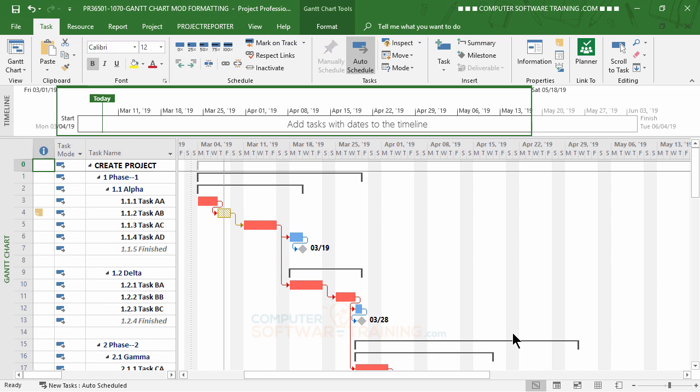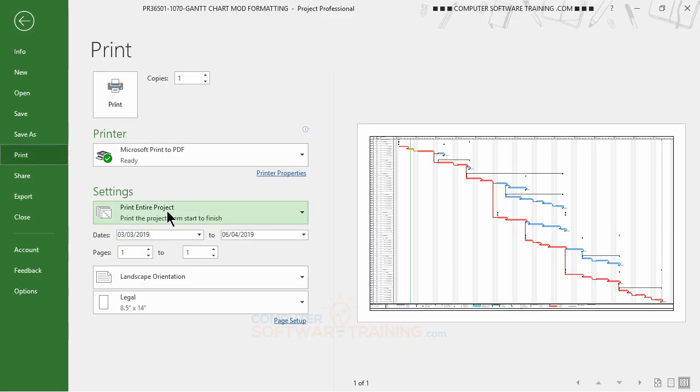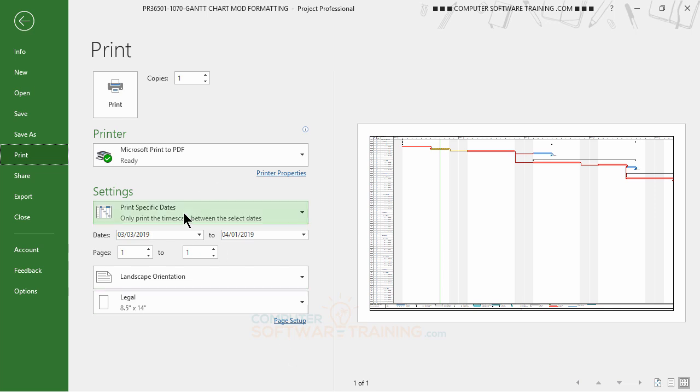Now let me just say one more thing. If what you want to print out might just be a small chronological section of your project, maybe just the first month or two, what you do is you click on File, go to Print, and then over here where it says the dates, it's going from basically 3/3 to 6/4. So I can change this, bring that back down to, let's say, April 1st. So basically just March in essence. So if you do that,